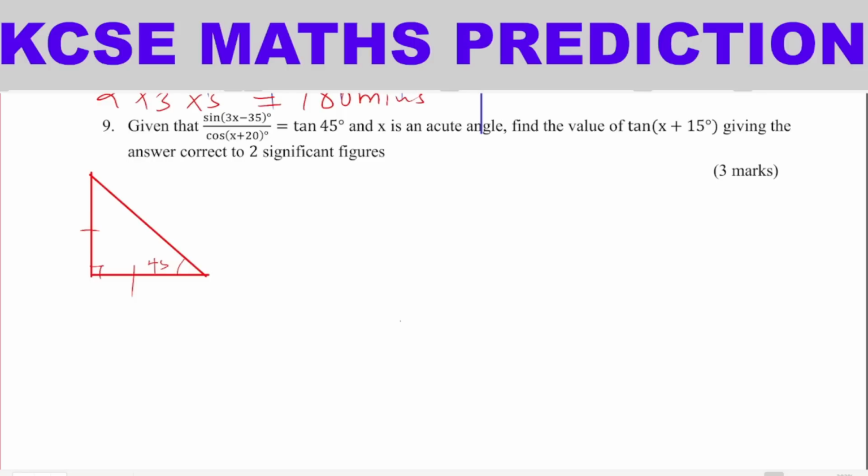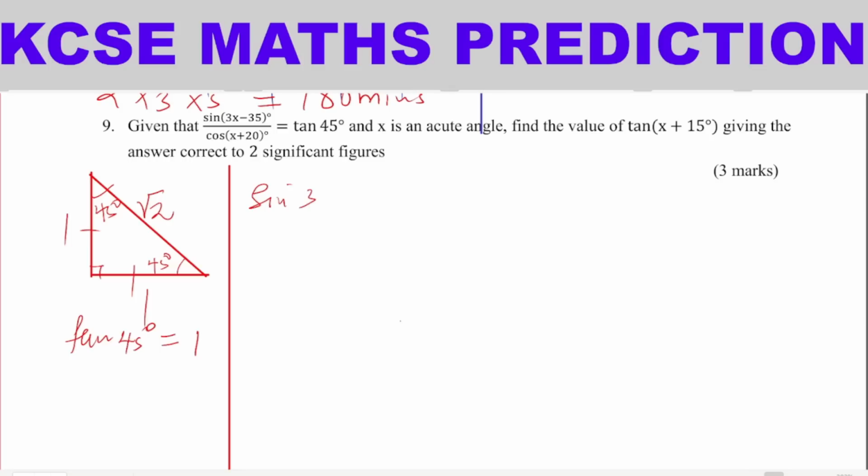So this angle is 45 degrees and this angle is 45 degrees. This side is 1, this side is 1, and this one will be root 2. If you get the tangent of 45 degrees, this will be opposite over adjacent. Any 45-degree angle here gives a tangent of 1. So that means